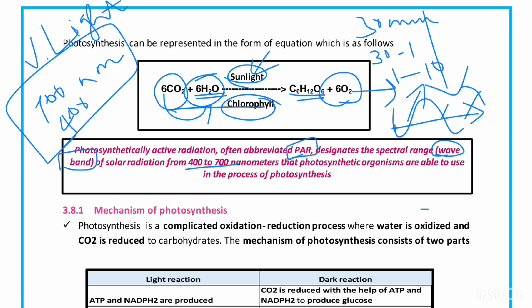Basically it is from 400 to 700 nanometers, and this is very important. You should know the range of the PAR, and the plant absorbs this radiation for the purpose of photosynthesis. Next, move on into the